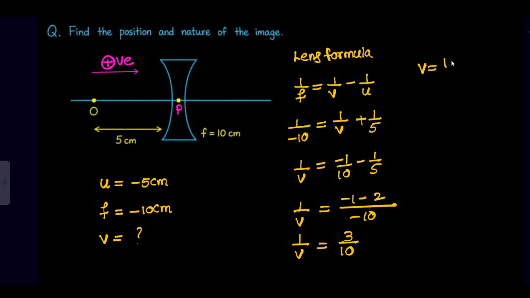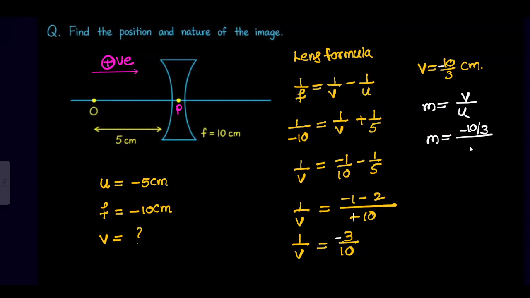So v value how much now? 10 by 3 centimeters. And the magnification, which is equal to v by u. So that is m is equal to v value, 10 by 3. Here there is no minus now, isn't it? Minus will come here, isn't it? Minus 10 by 3 will come, I think so, isn't it? Minus 10 by 3